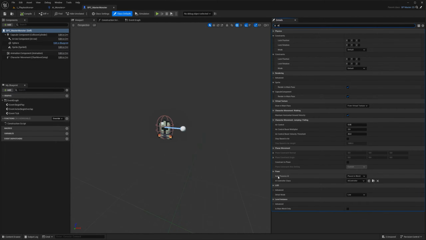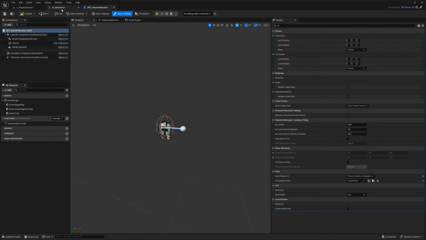And what we're looking for is auto possess AI in the controller class. The controller class is the one that we just created, the AI monster. And the auto possess AI is the stuff that is dropped into the world or the stuff that is spawned. We're not doing any spawn control, but if you want it, you can be placed in the world or spawned. So if you do a spawn system, or if you manually put the mobs, the enemies, into the world, this AI is going to take over essentially.